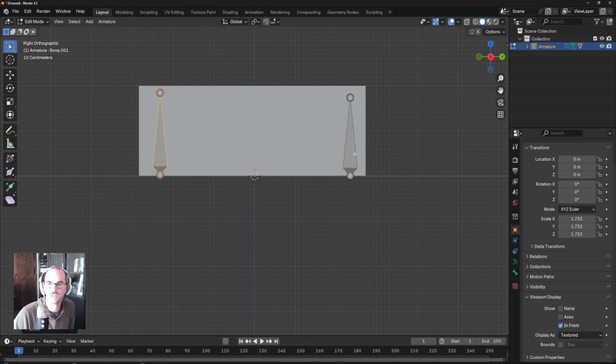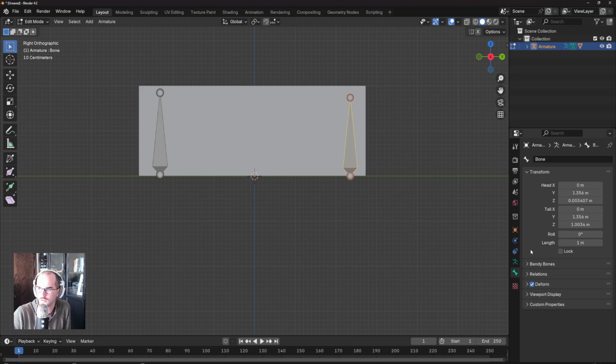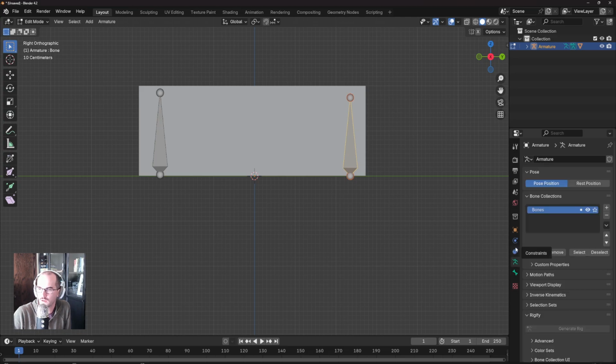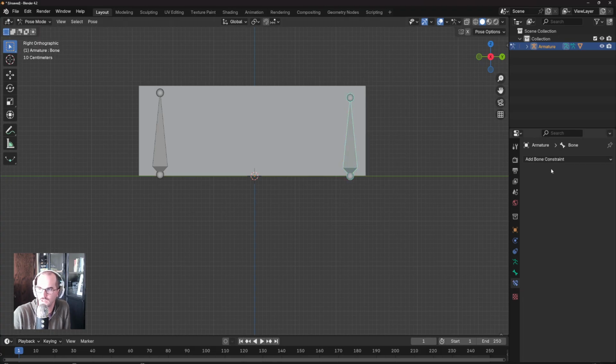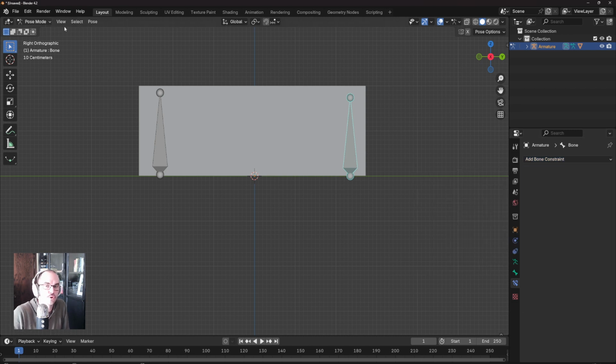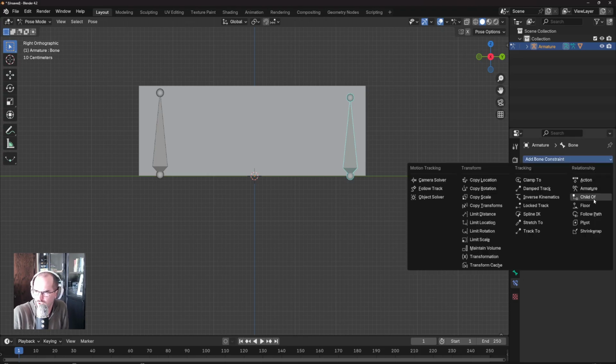Okay, so we're still in edit mode. I'm going to select this front one. I'm going to go to constraints. Okay, this is where I'm feeling uncertain of myself. I think we do need to be in pose mode. We go to bone constraints. Here we go. This one is going to be the bone constraint we want. So we're in pose mode now. We have the bone constraints tab. We're going to add bone constraint, and we're going to say child of